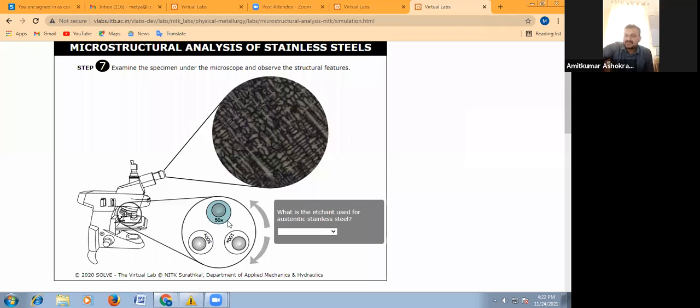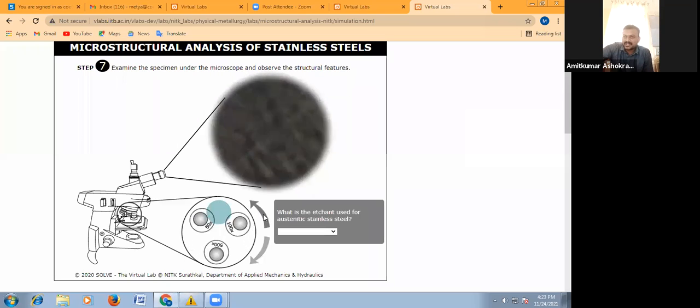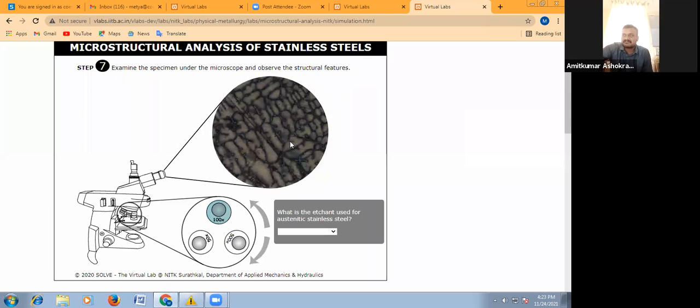This microstructure will be observed at 50x, and just rotate it for 100x, it will get zoomed. Okay, it is some enlarged image we will get.